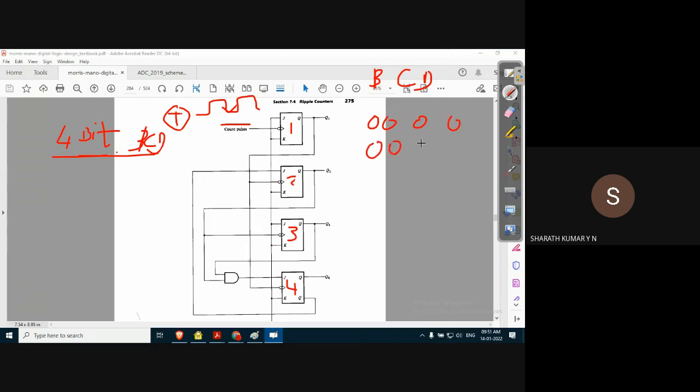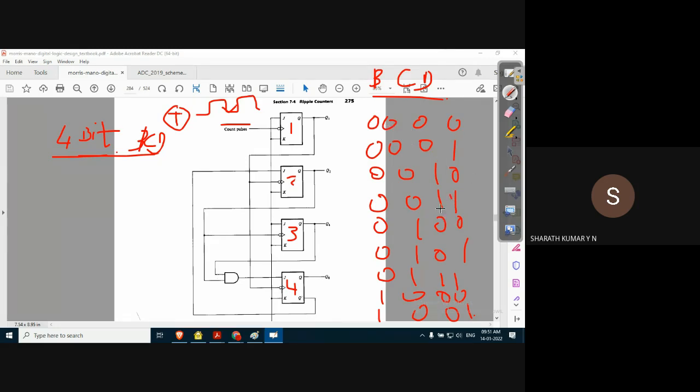Next is 0001, 0010, 0011, 0100, 0101, 0111, 7 now. Next is 8, and the last count is 1001. If you observe this truth table for the BCD counter,